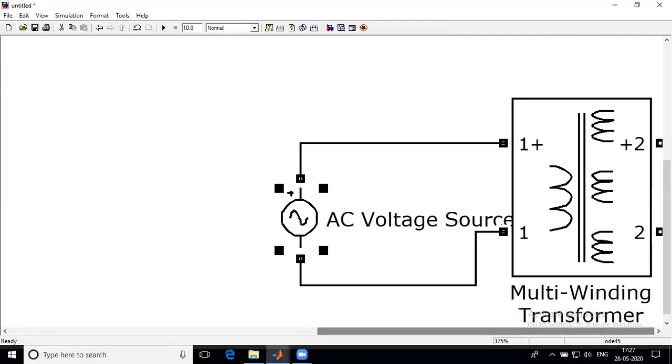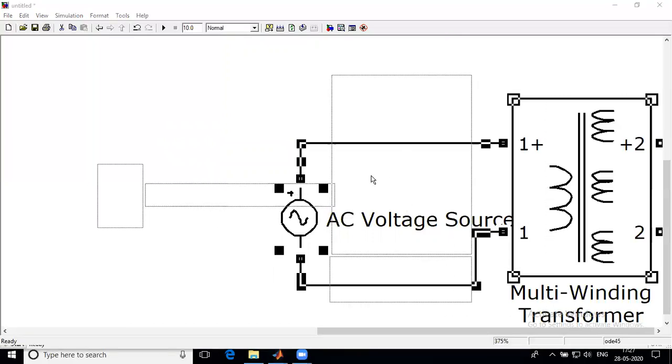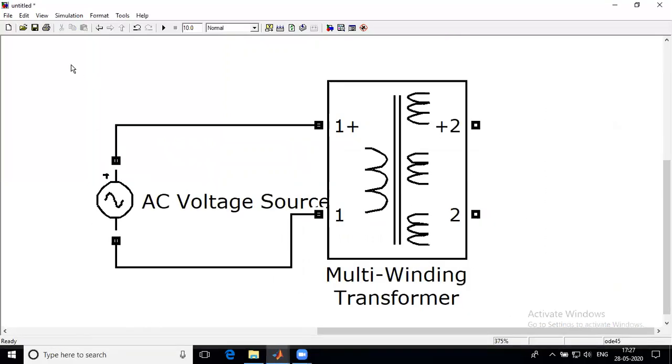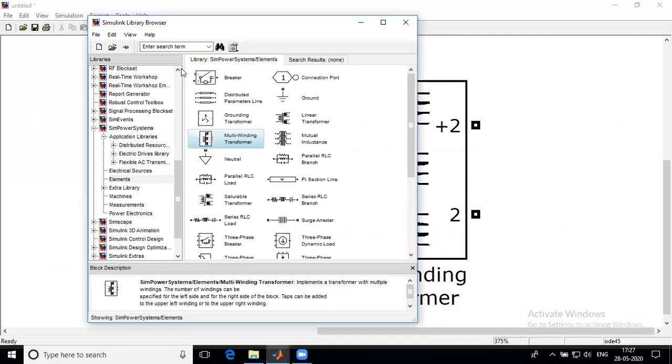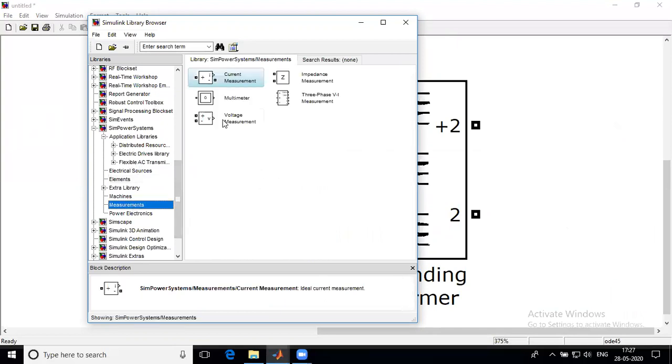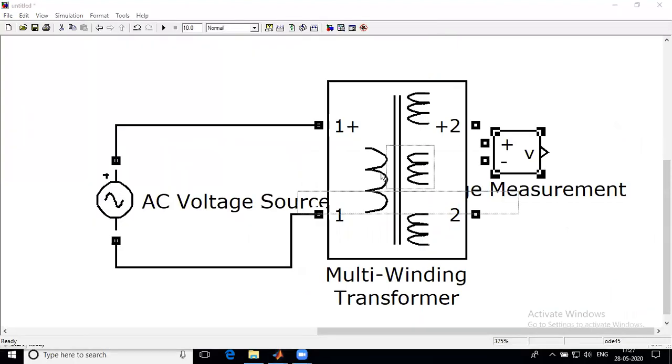Then for measurement of the voltages for both cases, that is the primary and the secondary side, voltmeters are required here. So how do these voltmeters come? Just see, under the same power system, there is the Measurements option. In this measurement, there is a voltage measurement component; drag and drop it again on this page.